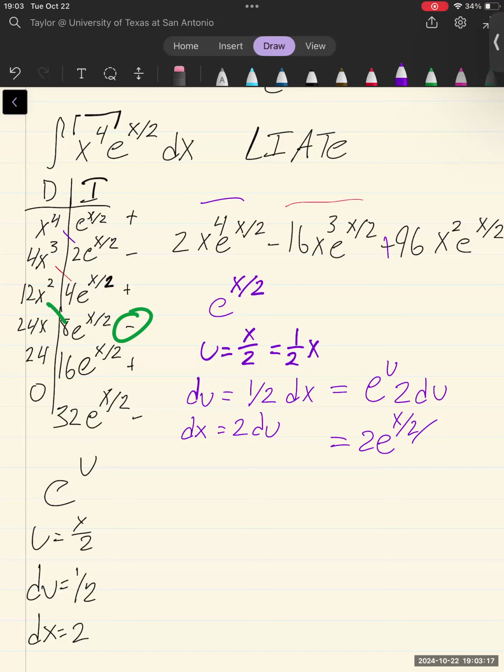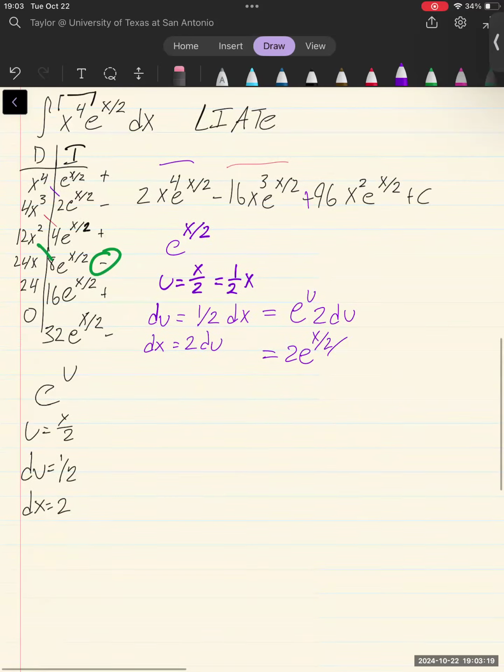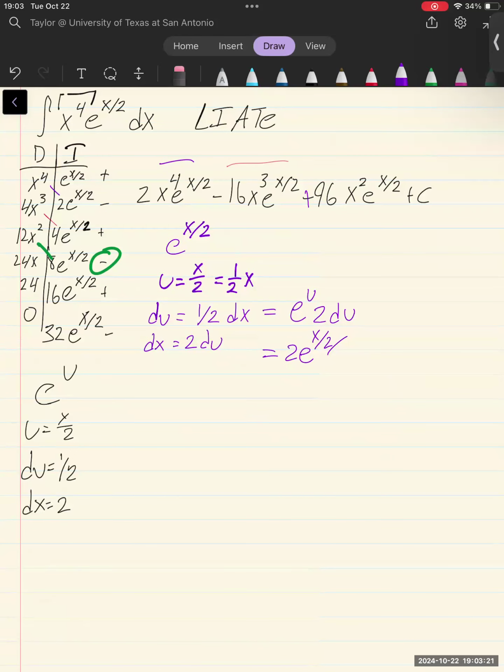Yeah. So I'll set up the other part. Again, this one gets pretty long, just like the other one. So if we have x to the 4th,